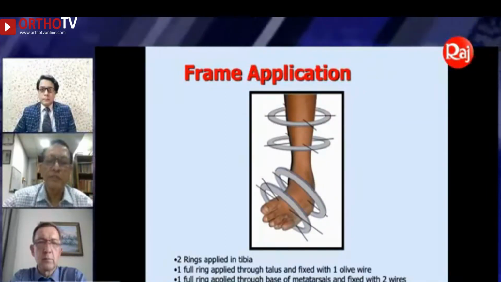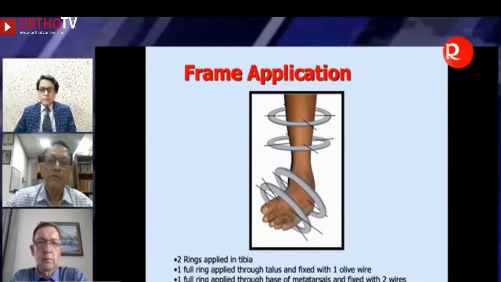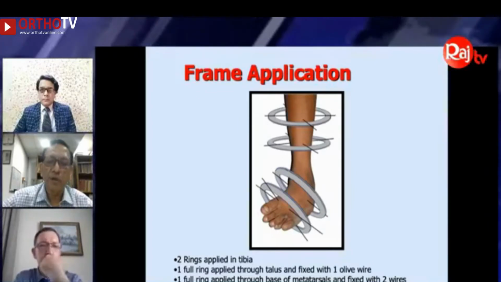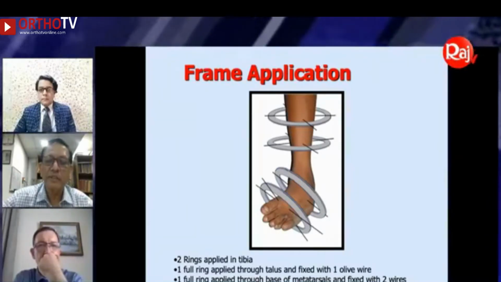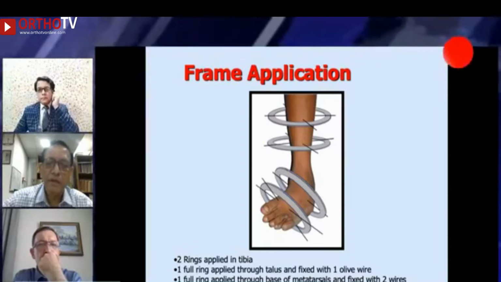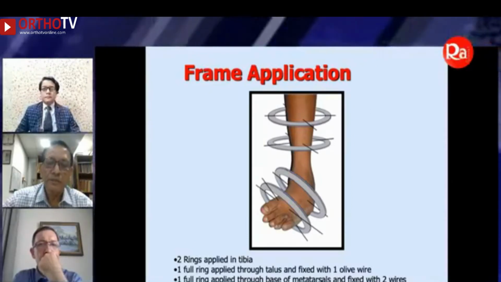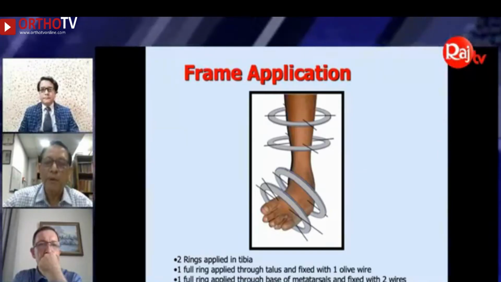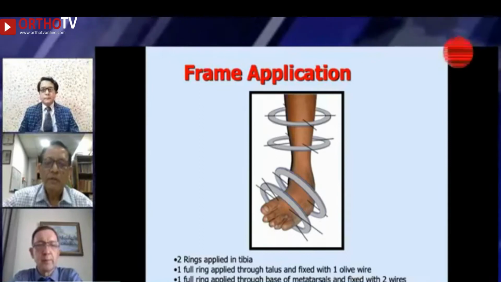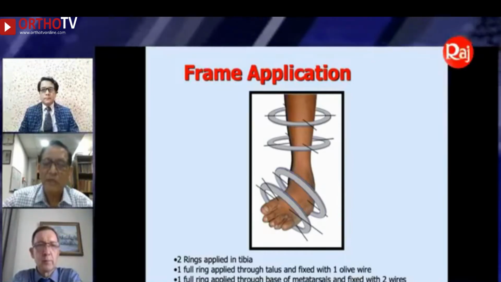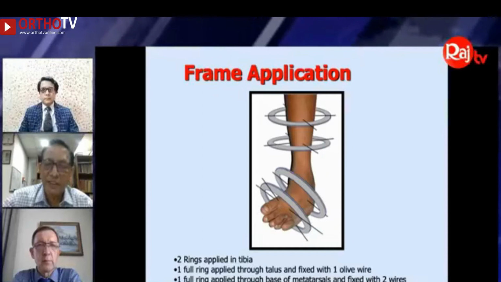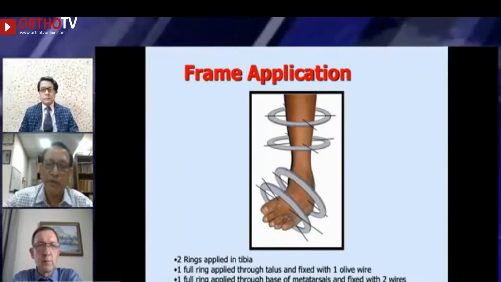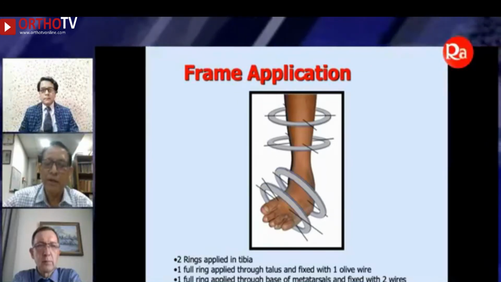So it's a very simple procedure. We put 2 rings in the tibia and 2 wires in each. Another wire is in the foot ring. We have given that because it's very difficult to correct the pronation of the forefoot. So there is no problem of walking there. A full ring is placed upright through the talus and fixed with the olive wire, because the base of the Ponseti treatment is the talus. So we put the 1 olive wire, and a full ring is applied through the base of